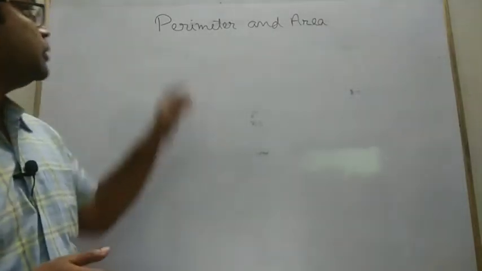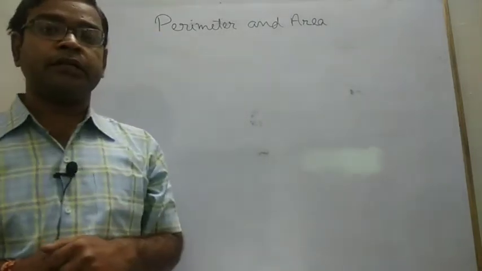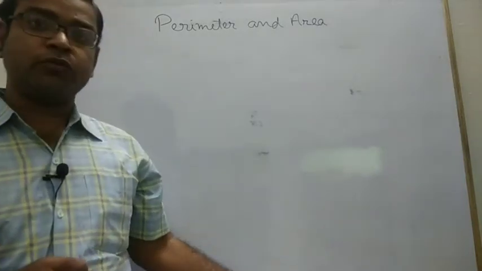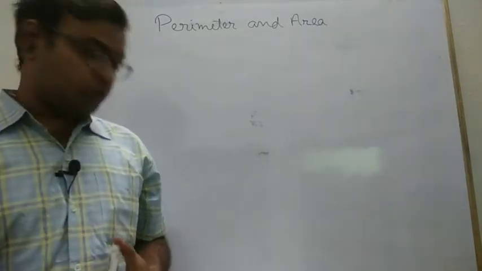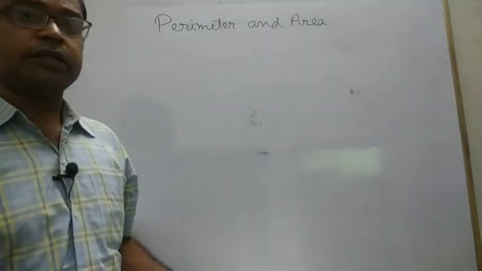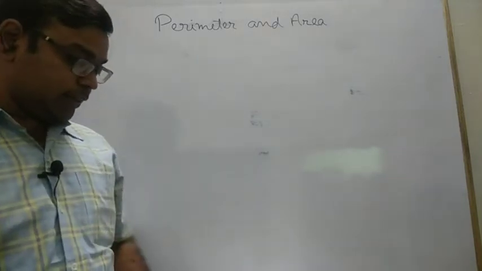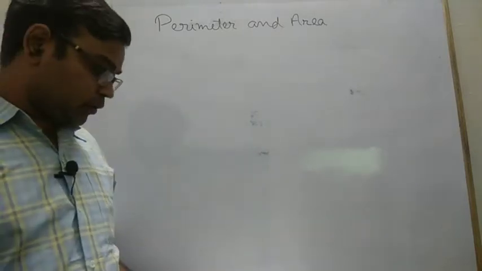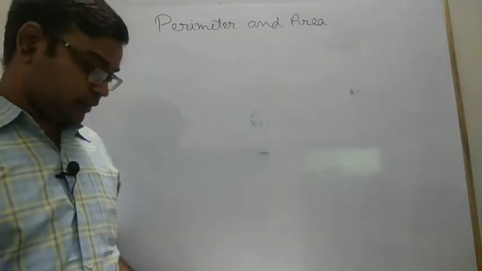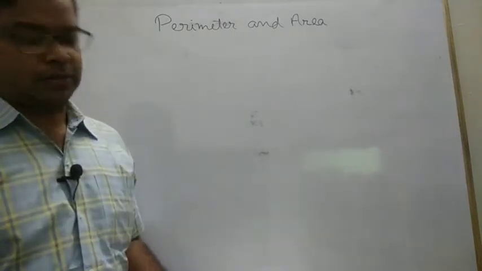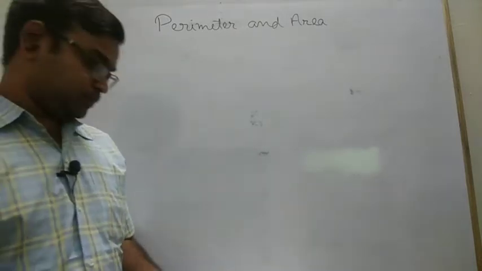Now, we are going to discuss some more questions based on our topic, perimeter and area, under the heading of rectangle and square. So let's start some more questions. This will take 3 videos to cover area of rectangle and square. Then we discuss path and then parallelograms. In class 7 we discuss only quadrilaterals, some questions of quadrilaterals, and the combination of quadrilaterals and circles. So let's discuss.